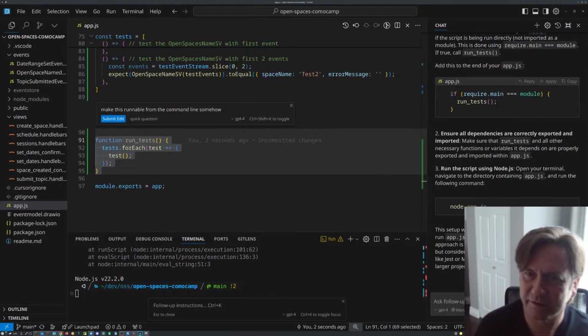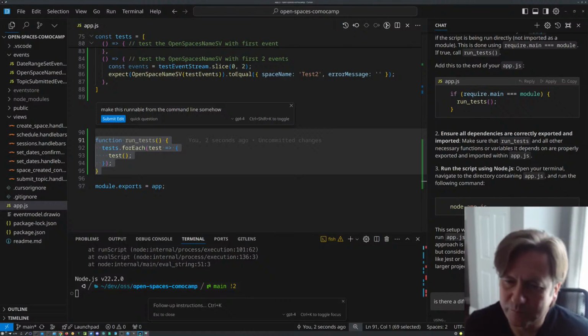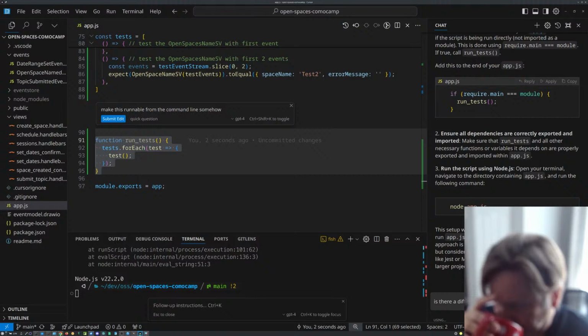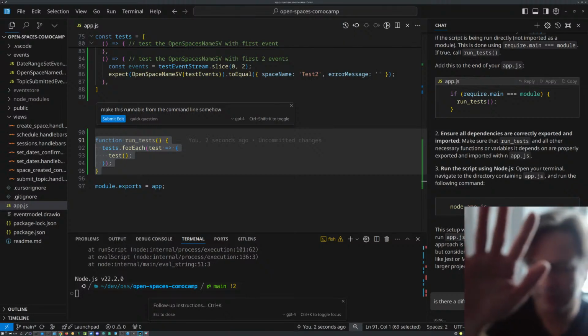I still don't like this. The module check. See how much AI can help you? No,